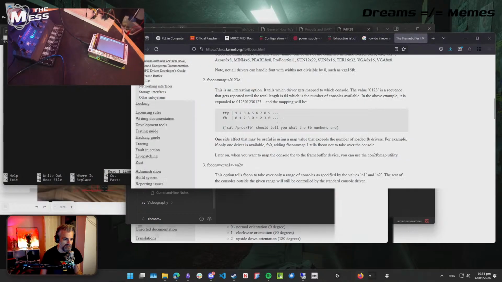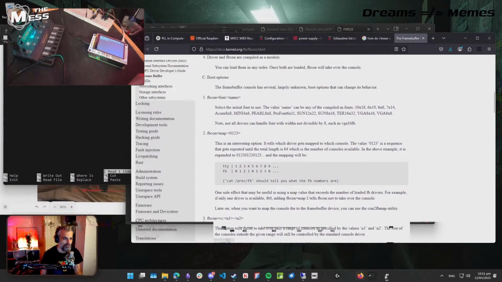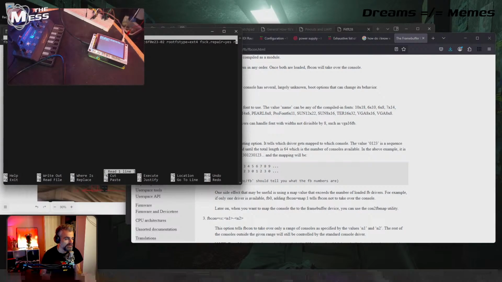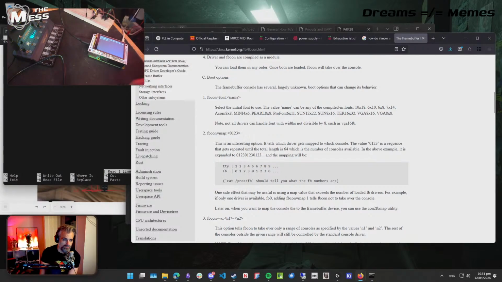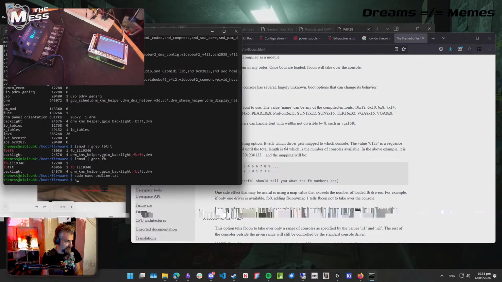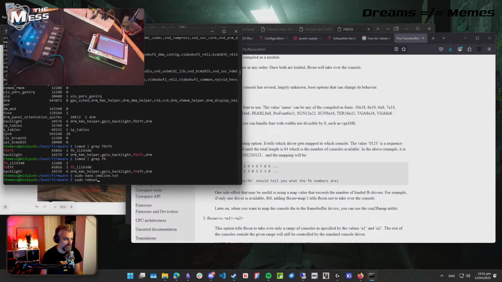What's the syntax? fbcon=map:2, because we don't have a frame buffer 2. So doing that should mean that if I restart with sudo reboot,